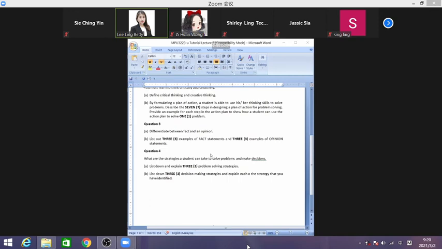Question number 4. About solving problems and making decisions. List down 3 and provide the strategy. Okay. How you are going to solve problem? Let's say you are going to analyze something very carefully. So how you are going to analyze? You need to gather the information. You need to have a comprehensive understanding first. All right? Read a lot of things. Clarify what are the facts first. And then from different perspective, you try to